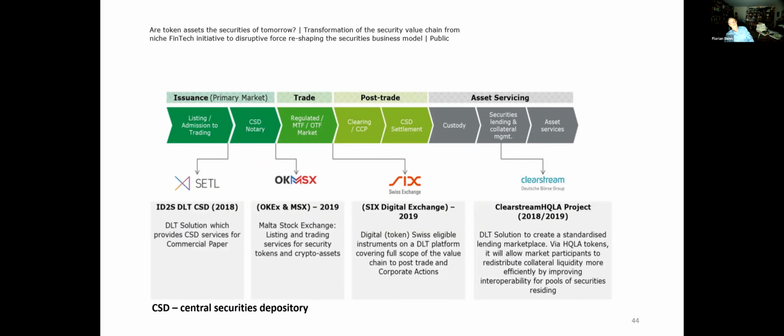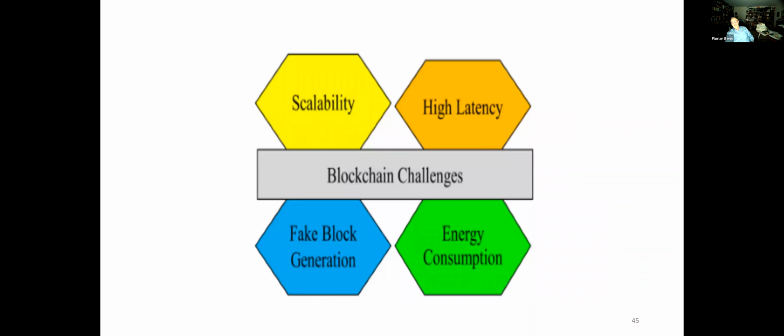Malta Stock Exchange security tokens. Clearstream Deutsche, this is a German stock trader platform. Commercial paper for Central Securities Depository, if you're selling or buying commercial paper. So you can see listing, admission, notary, regulated, all these steps can be organized via blockchain. Now, it all sounds good and well, except there are significant challenges with those things,